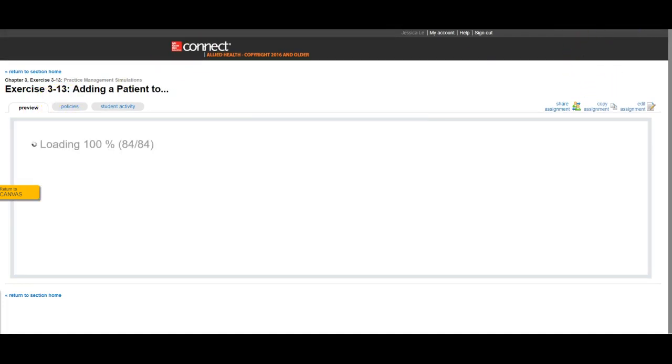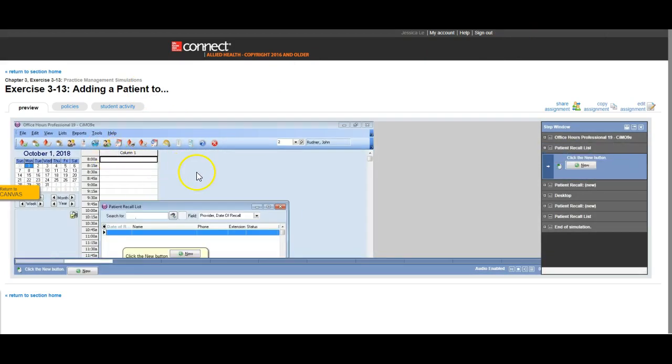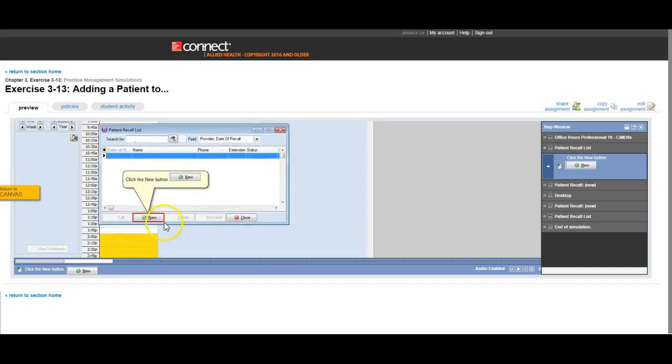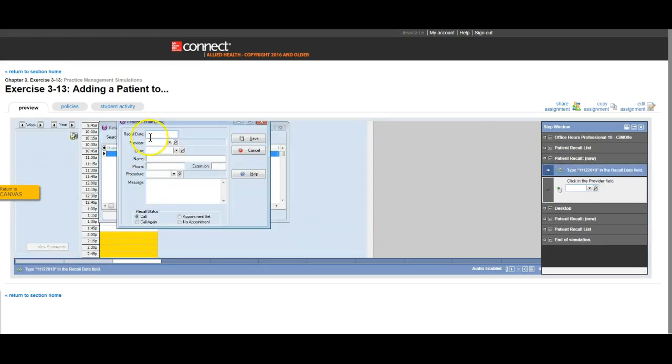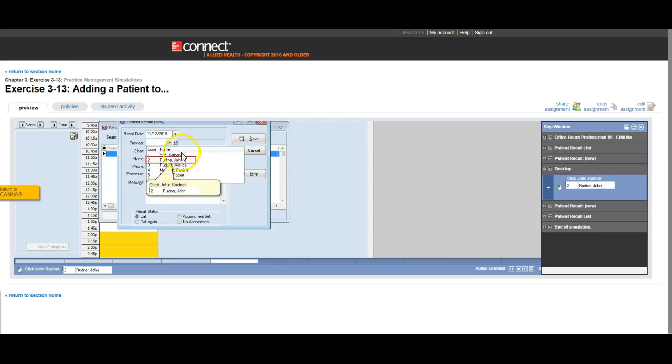For 313, we are adding a patient to the recall list. So we're going to start with the patient recall shortcut button. Down at the bottom, we're going to click New, and the date. We're going to type 11/12/2019, and the provider, it should be John Rudner,